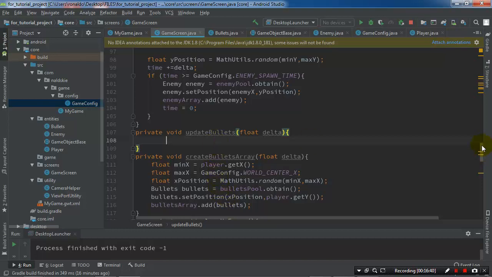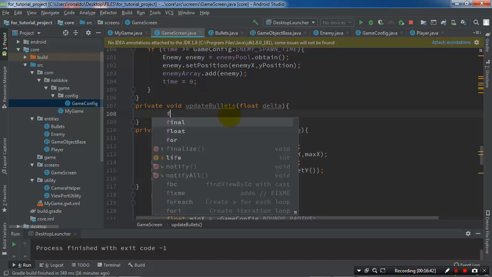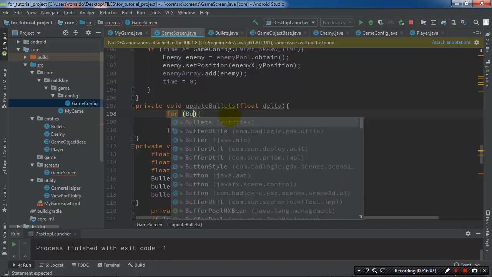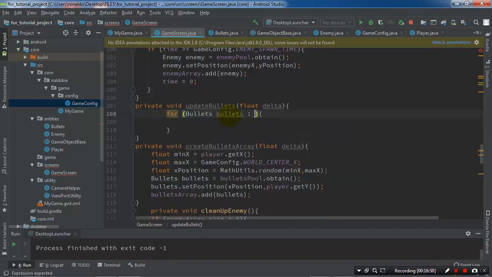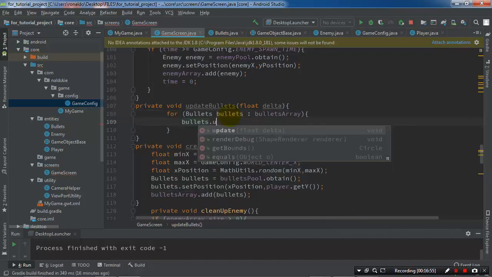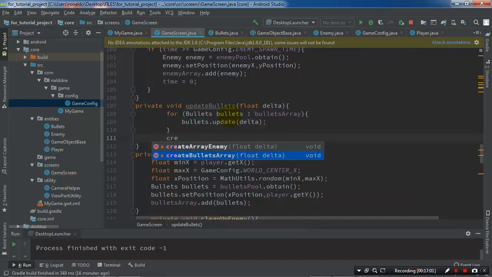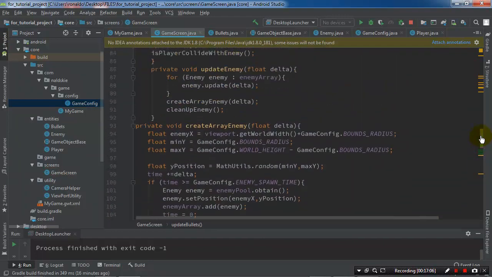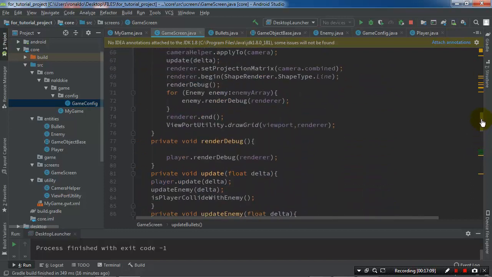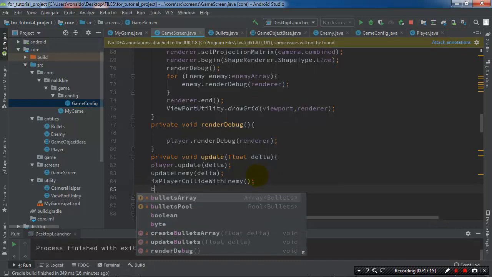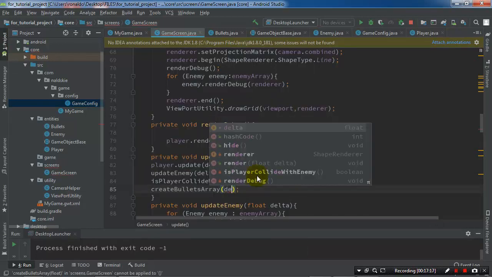So first we need to loop our bullets, for bullets inside of bullets array. Need to update the bullets.update, so our bullets will be updated, and we need to create delta, and we need to call these bullets in the update. So bullets, okay, create array of bullets over delta,